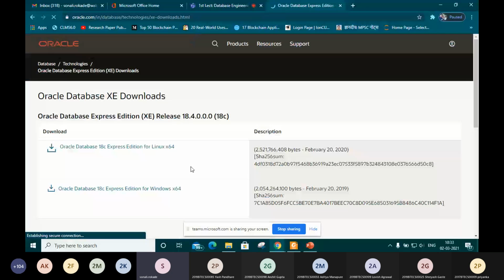After that, if you have a Linux OS, you have to go with this one. If you have Windows 64, then go via this link. But this is the 18C Express edition. We want our 11G Express edition.